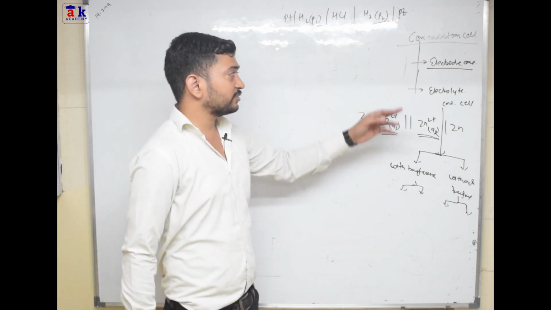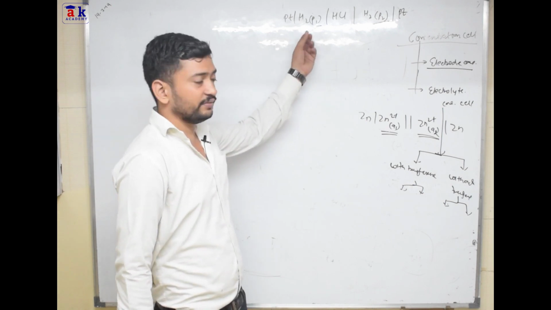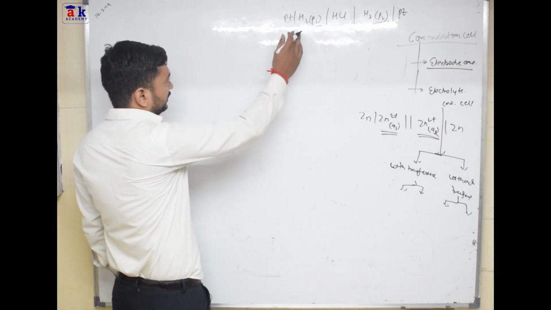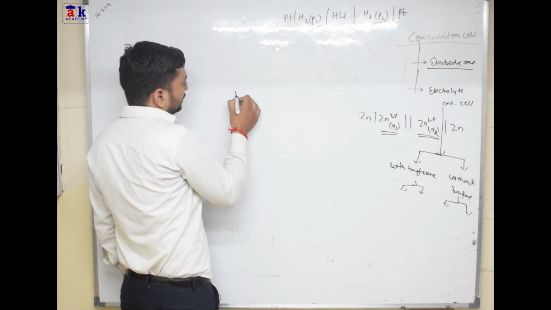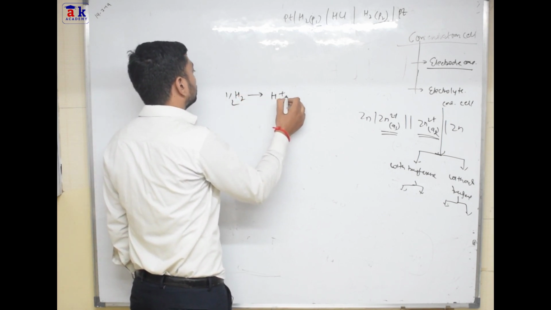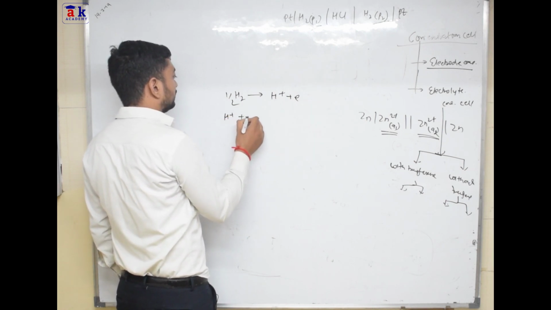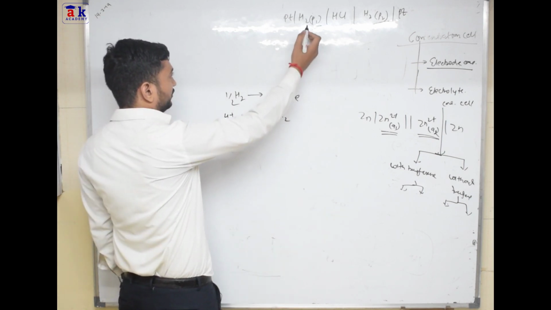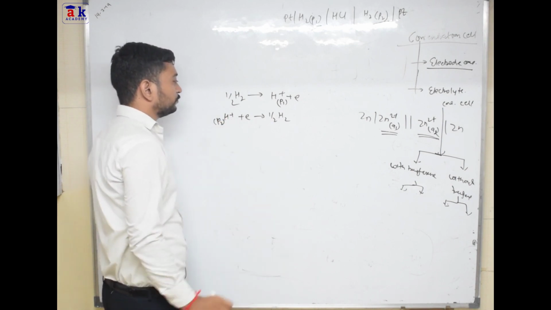So now let's see the first one we will consider, the electrode concentration cell, and we will take an example of this one which is reversible to cation, and now let's see how it will proceed. So in this case, on the left hand side we will have one reaction, that is, H2 will get converted into H+ plus 1 electron, and on the right hand side there will be a reaction where H+ accepts an electron and gets converted into H2. But here the concentration is P1, so it is at P1 and it is at P2.